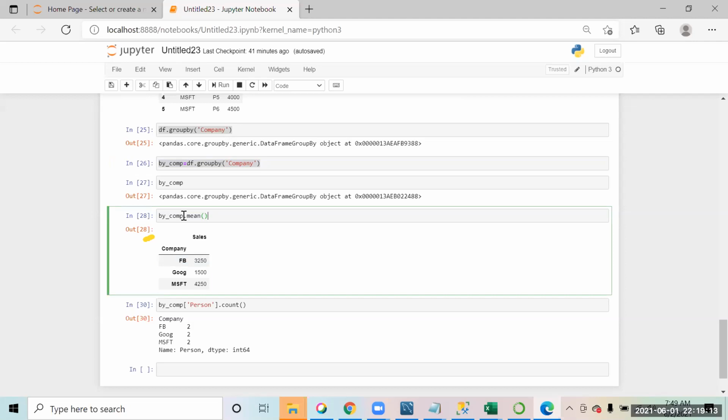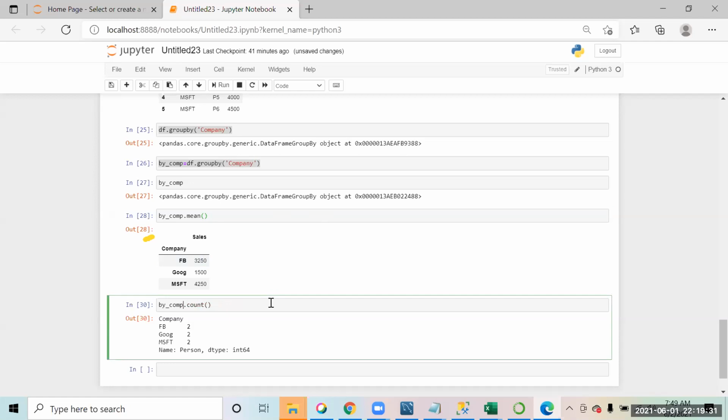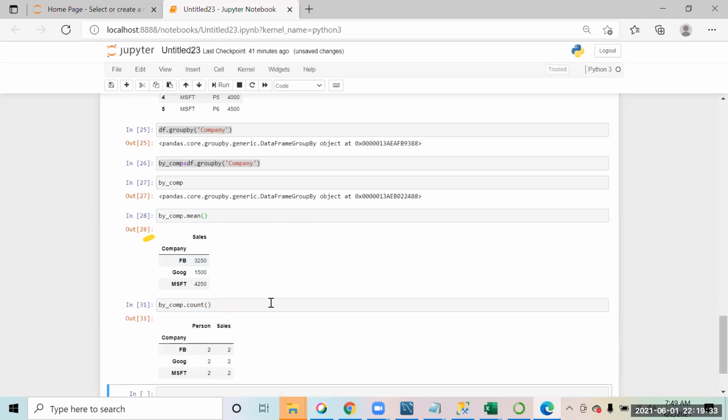In this case, count is something we were able to do on that person column. So it has given you the count on that. It gives you the count of person also, how many persons there are, and the sales also.